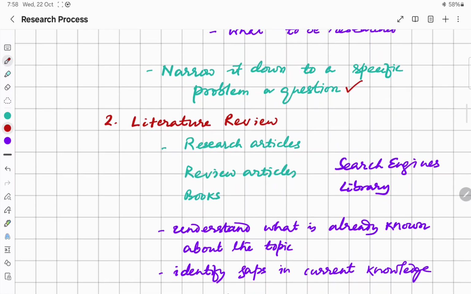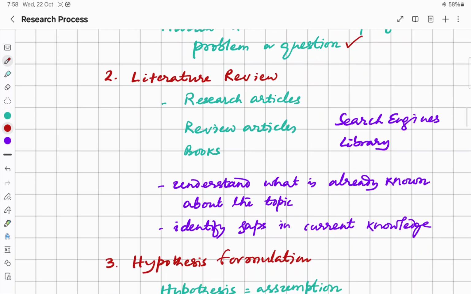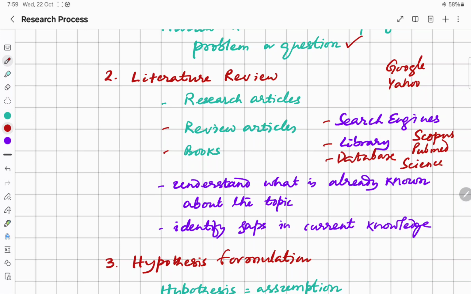Then we will go for the second step, the literature review. In the literature review, we will go for the research articles, review articles, books, the library, the search engines like Google, Yahoo, etc. And then the databases, like the scientific databases like Scopus, PubMed, Science Direct. So all this we should use to